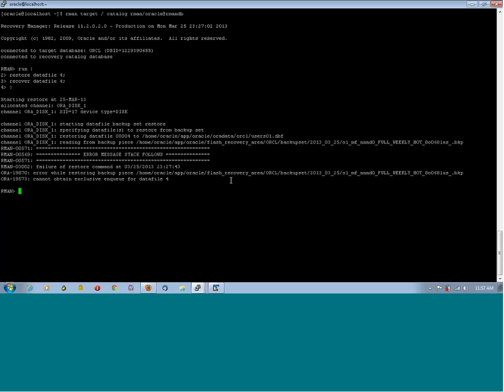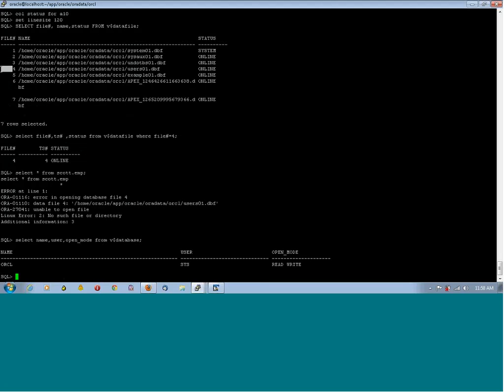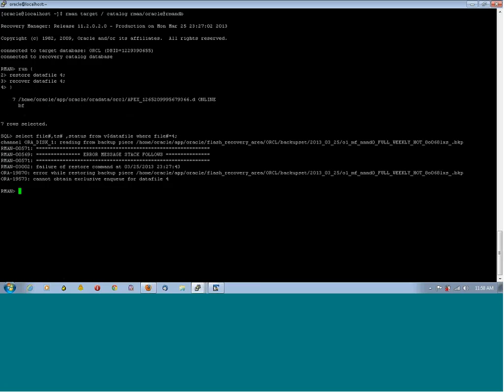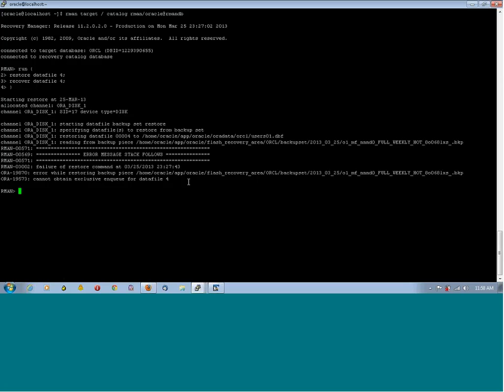If you see the error message here, it is saying that it cannot obtain exclusive enqueue for DB file data file 4. This particular error is a valid error, just because I lost my DBF file. It is a physical DBF file that exists in the database, but is the database automatically identifying the loss of the DBF file or not? When I query the DBF file location, the database is still sensing that it is online. So it still treats the DBF file as online, and when I try to restore and recover a data file which is online, it gives this sort of